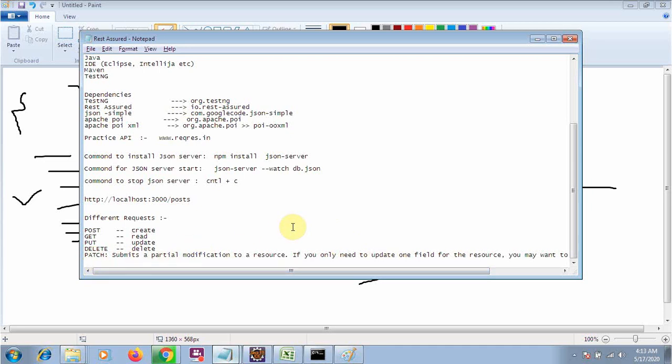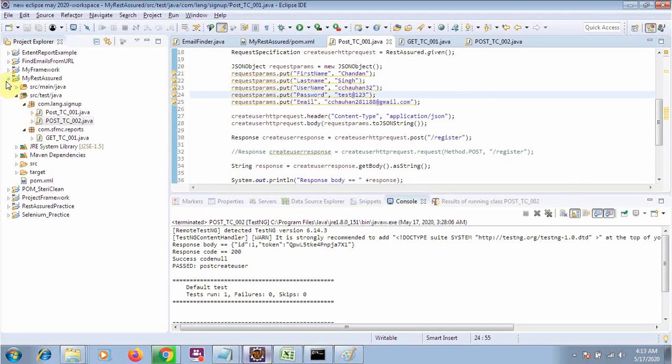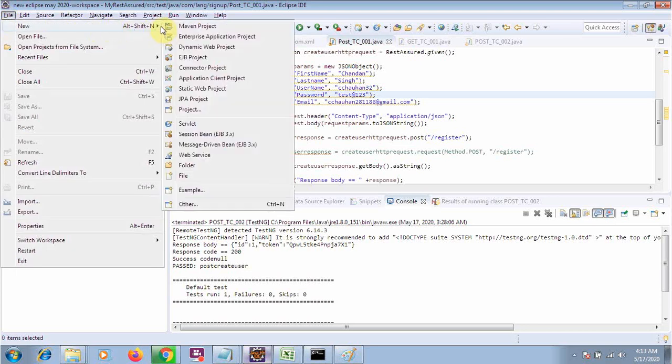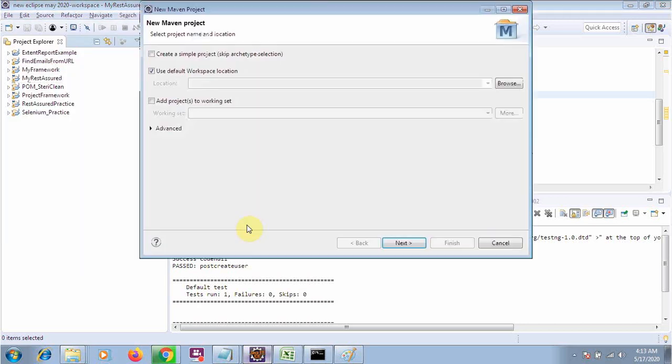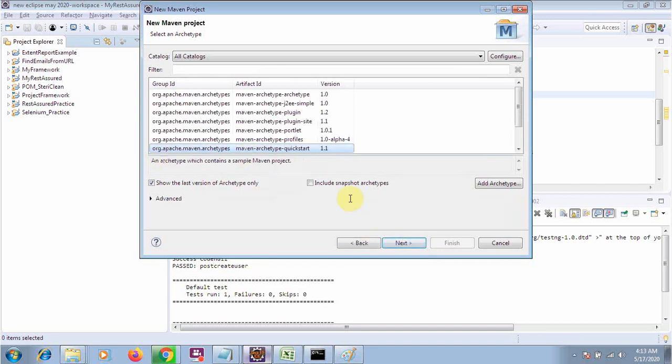Now let's start with the coding, and these all mean the setup part. So how will the setup be done? As I told you, if you have the prerequisites like a Java editor, you need to go to your Eclipse. I am creating a project and we will be working on all the tasks in that project. I will create a Maven project, or if you have some other build tool like Gradle you can use it, but I prefer Maven. I will click the next button and take it as it is.